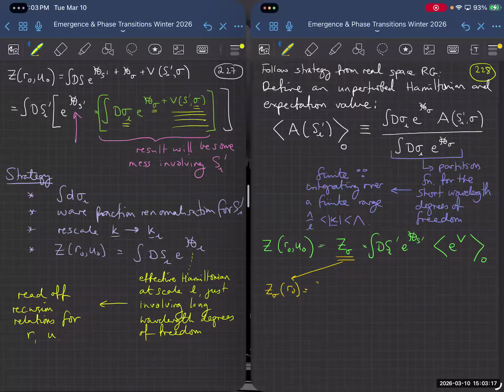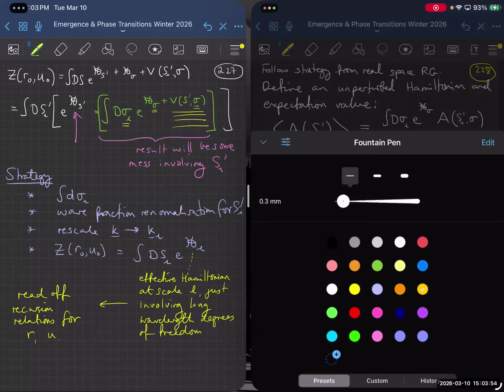This is just the integral d sigma e to the minus 1 over 2v, the sum over lambda over L less than K less than lambda, sigma of L and K squared times r naught plus K squared. That's the thing that we already know how to calculate. And then the factor e to the V,